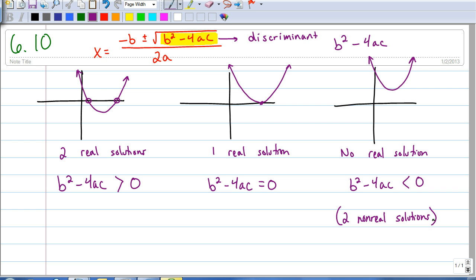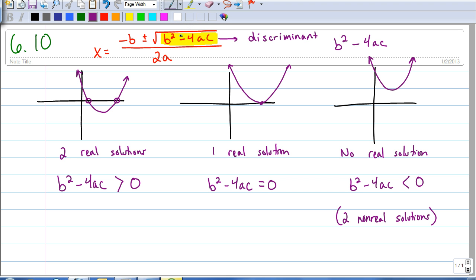But in essence, that's what we're going to be looking at today. So this is kind of the summary of what you need to know for today's lesson. So the b squared minus 4ac, notice how we don't have the square root there. Never, ever, ever take the square root of that. It's just the b squared minus 4ac. That's all we use to figure out how many solutions a problem has. Now, it does not tell you anything about the answer. If we get 14 as our answer, that does not mean that the x-intercept is at 14 and negative 14. It's just that if I get a positive 14 as my answer, that tells me that there are two real solutions. And from there, if I wanted to find the actual solutions, I'd have to put 14 back underneath the radical, so I'd have to take the square root of it